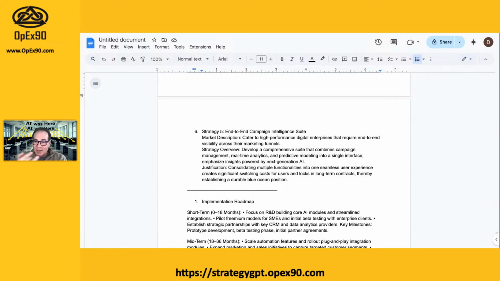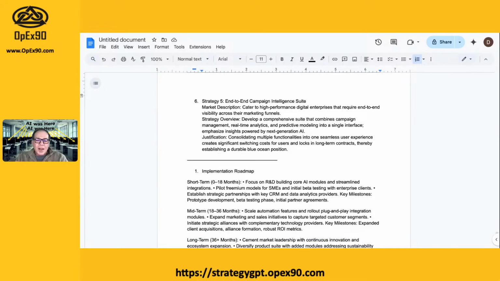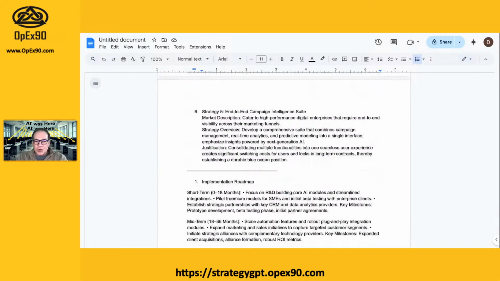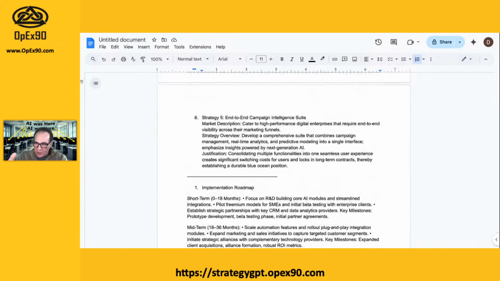Remember, we came back to lots of similar themes. AI, you have to have AI to build out these funnels. Analytics is going to be critical. Automation, that AI and automation thing. And then, of course, the regulatory compliance thing came up so often. It didn't dawn on me until it kept coming up. And then it gives us a little roadmap of what we would need to do here, right? So how would we use this?